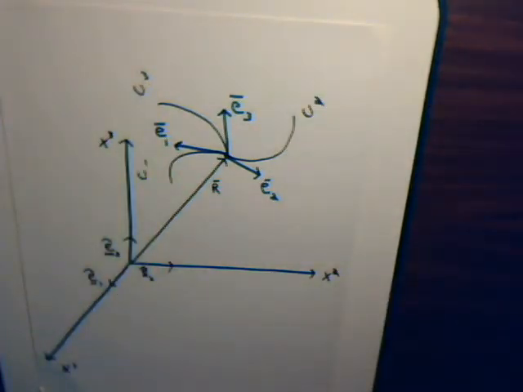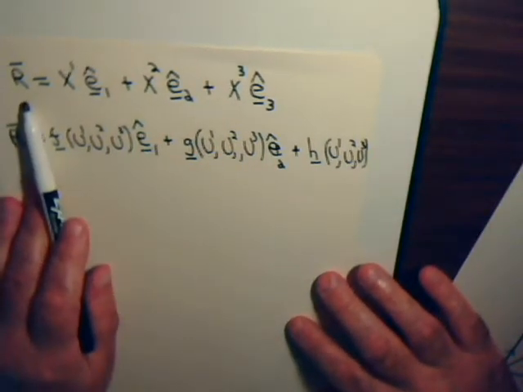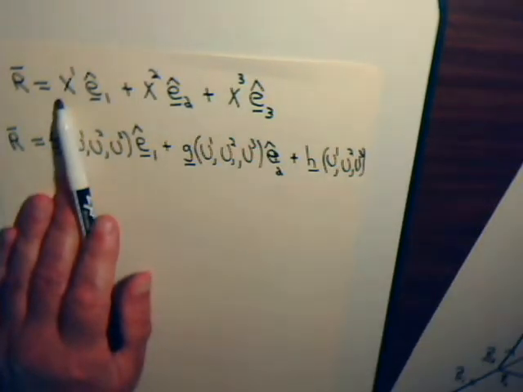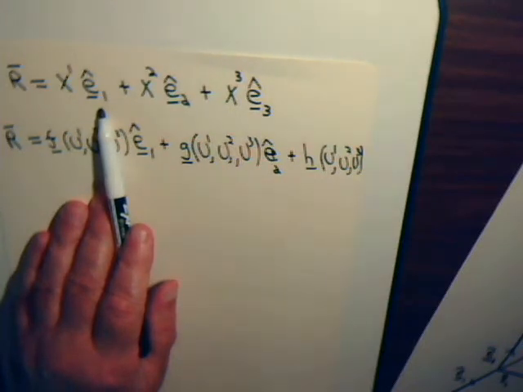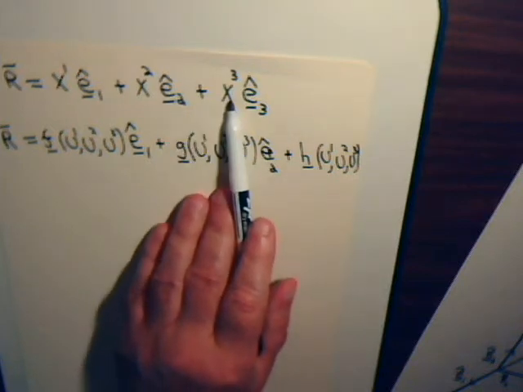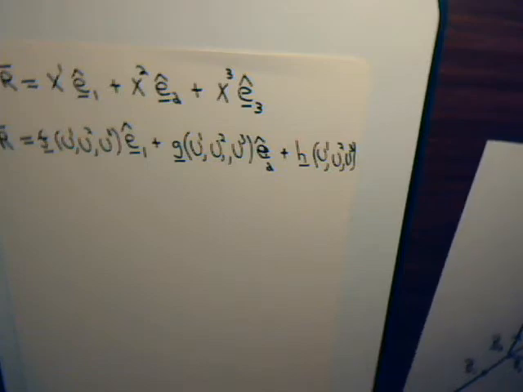Now, in general, of course, we could just write down the position vector r in Cartesian coordinates. It would just be x1 times the unit vector e1 plus the x2 coordinate times the unit vector e2 plus the x3 coordinate times the unit vector e3. Now, we're assuming here